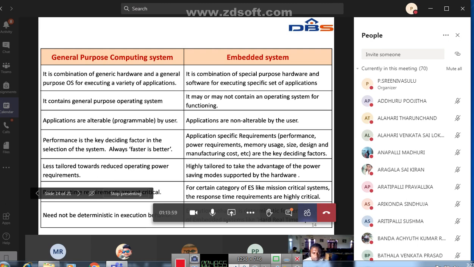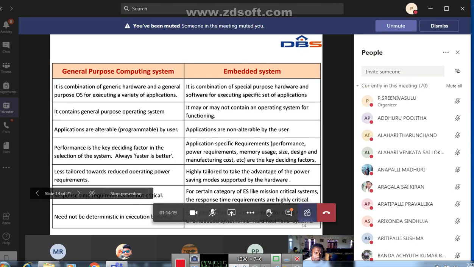But whatever I said, for a certain category of embedded systems like mission critical systems, the response time requirements are highly critical. Therefore, for example, pacemaker installments in human beings. There, during the surgery, if the pacemaker is operated in,